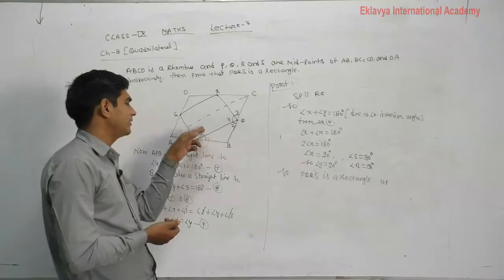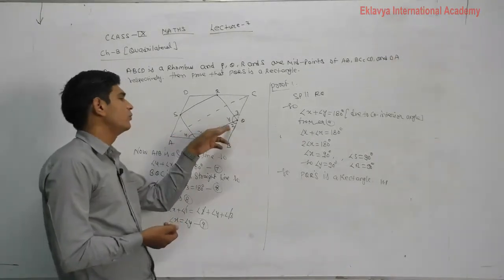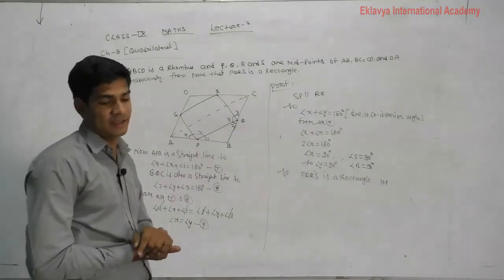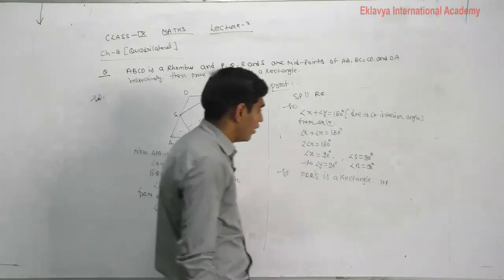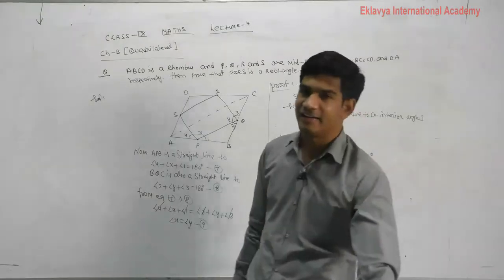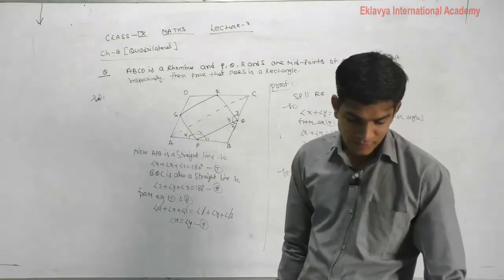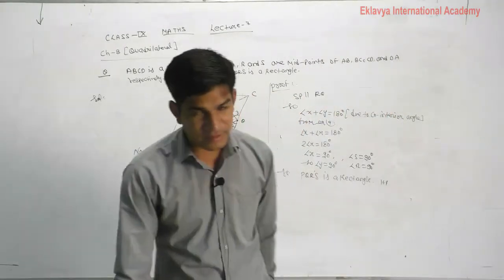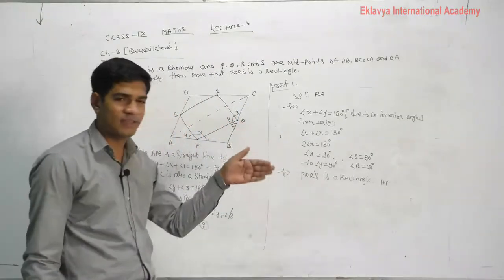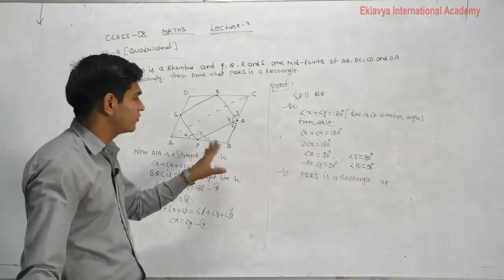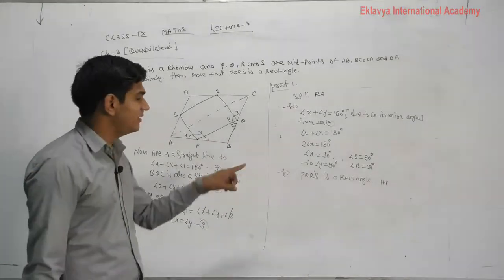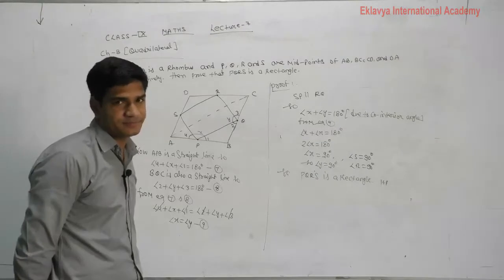नाउ एंगल 1 प्लस एक्स प्लस 4 इज इक्वल्स टू 180 डिग्री, 2 प्लस वाई प्लस 3 इज इक्वल्स टू 180 डिग्री. अंडरस्टैंड? आफ्टर दैट वी ऑब्टेन द रिजल्ट दैट एंगल एक्स इज इक्वल्स टू एंगल वाई. एंगल एक्स को किसके इक्वल पुट किया आपने? एंगल वाई के इक्वल प्रूफ कर दिया. सो एंगल एक्स इज ऑल्सो 90 एंड एंगल वाई इज ऑल्सो 90. सो PQRS is a rectangle.